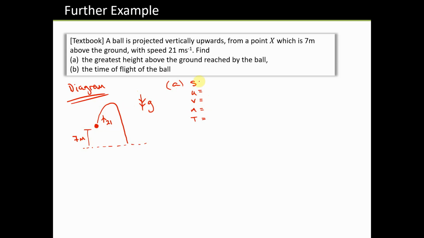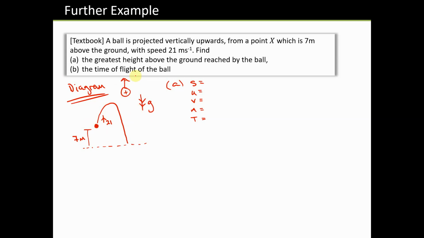the SUVAT equations here. One thing we haven't done yet is state which direction is positive. And the way I always do it, the way the object initially moves, I find it easier to label that as positive. So from here we can see the ball is initially moving upwards, so I'm going to label upwards as my positive direction, and we'll see what happens to some of the